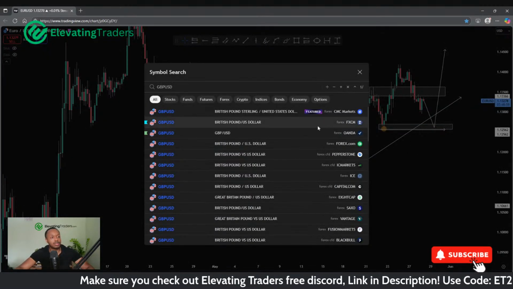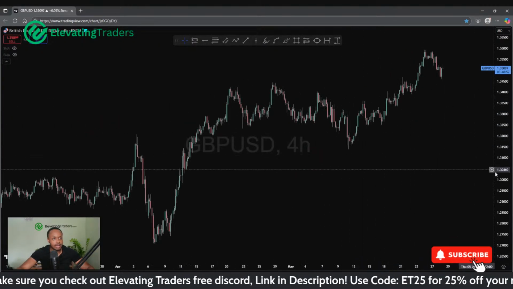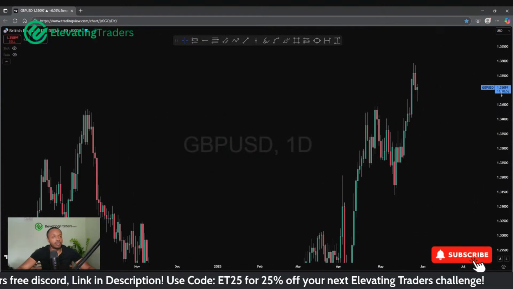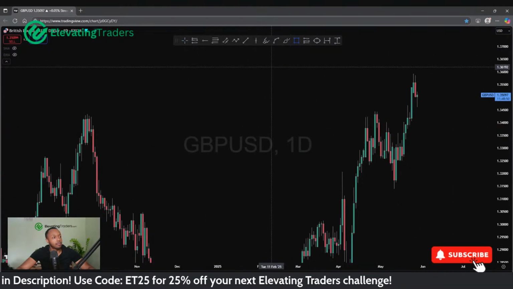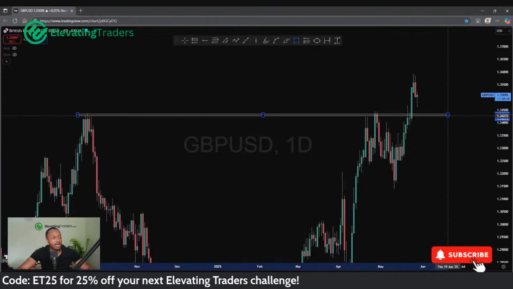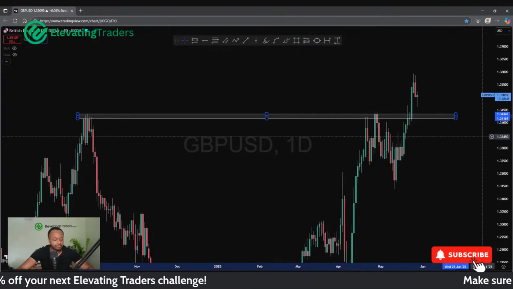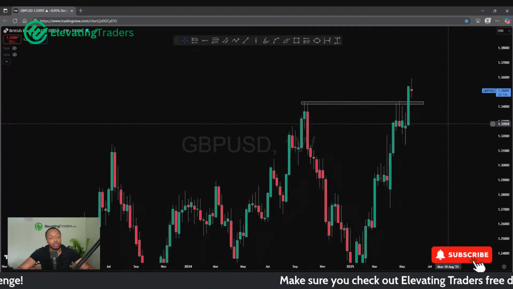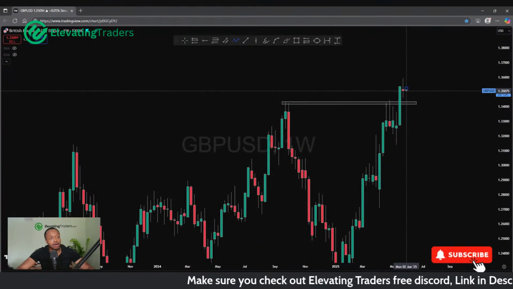Over with pound USD, same situation here as well. Still very bullish on pound as a whole. We've of course cleared through major resistance last week, and that has made me very, very bullish on the pair. And the only way for me to become bearish, or at least not bullish, is to see the market climb